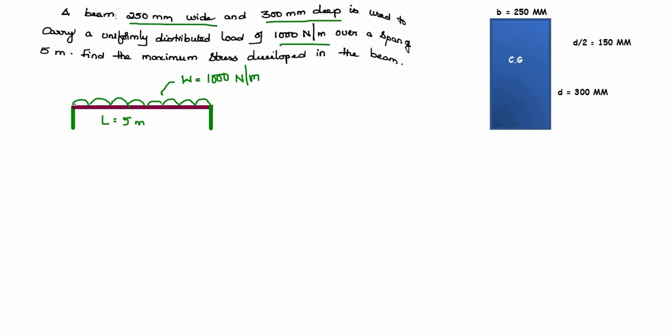So this is the cross section of the beam. This is the width, and this is the depth of the beam. And if this is the neutral axis, the distance between the neutral axis to the topmost layer is d by 2, which is 150 mm. So now, what he is asking is to calculate the maximum stress developed in the